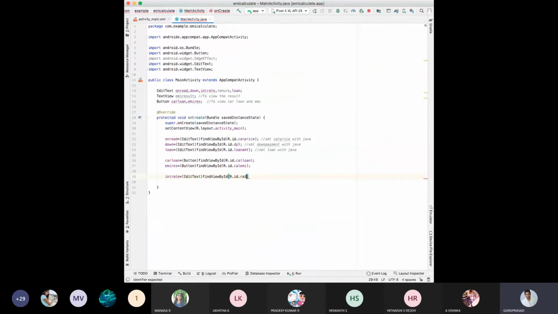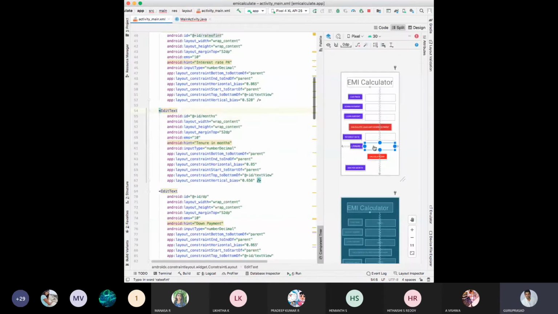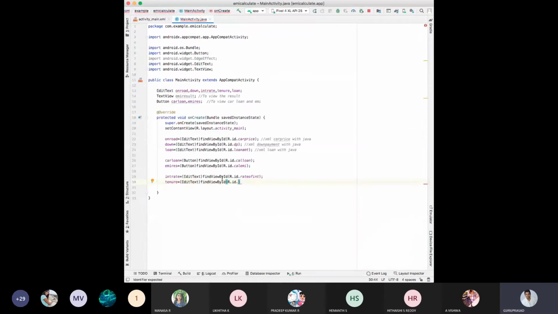Semicolon, enter. Next, tenure is equal to, there is an edit text, find that view by ID r.id. What is the ID for tenure? ID for tenure is months. Semicolon, enter. So two buttons over, three edit text over.